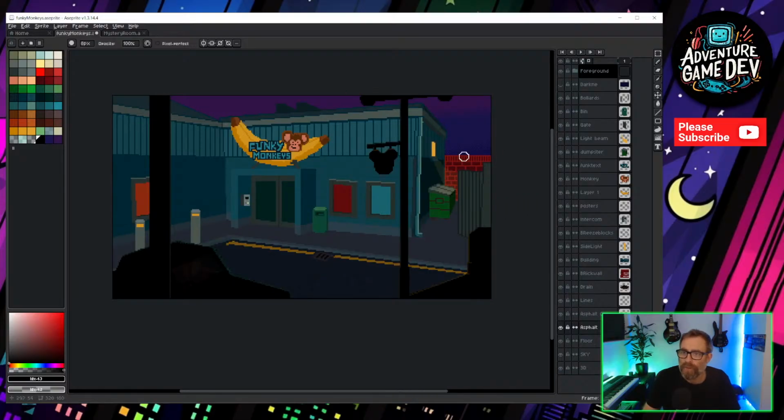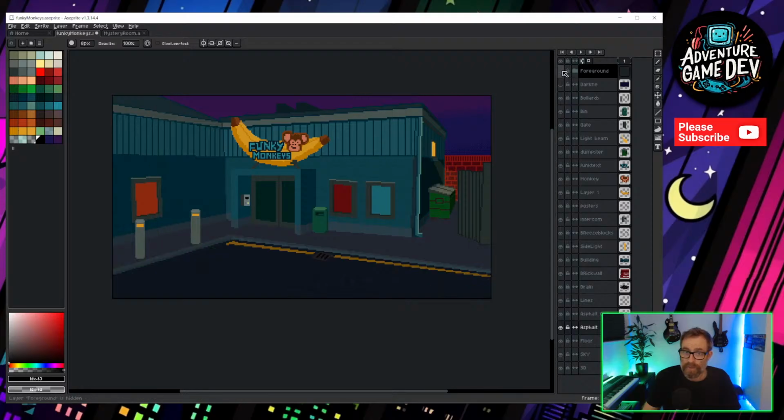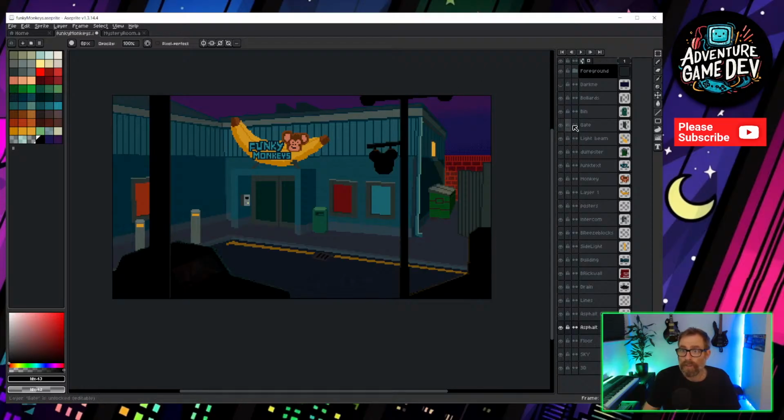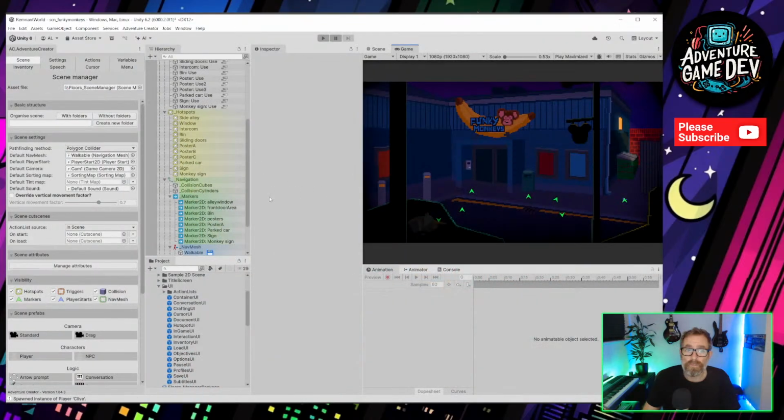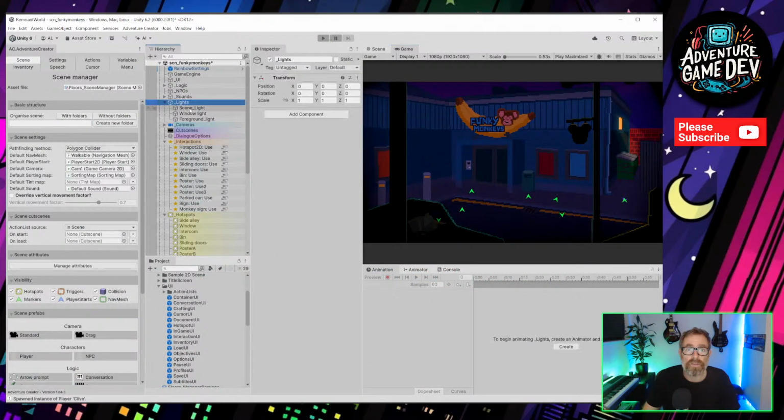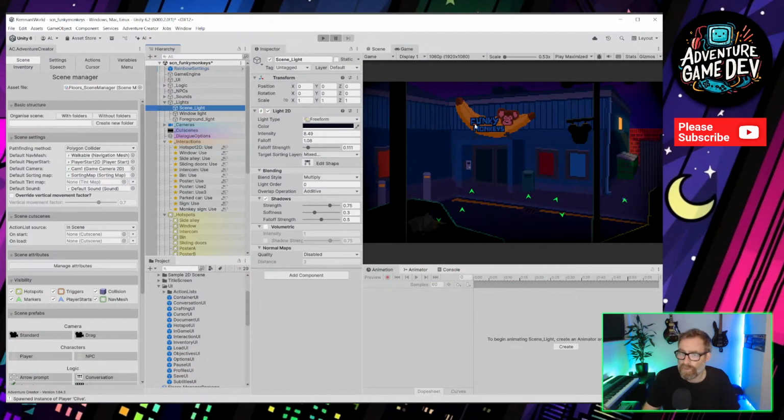Still got a lot of work to do on that pixel art, but we managed to break that up into its individual bits, foreground, background. We brought that into Unity and set up some lights, a scene light that lights it all in this bluey purple light, the window light which gives that glow in the corner, and then the foreground light which is actually lighting this foreground stuff so we can nicely see the car and things.